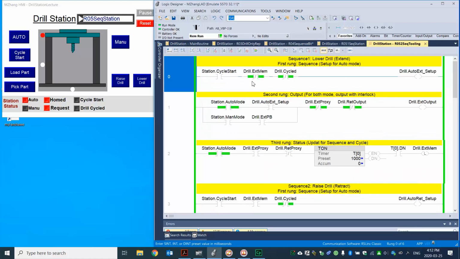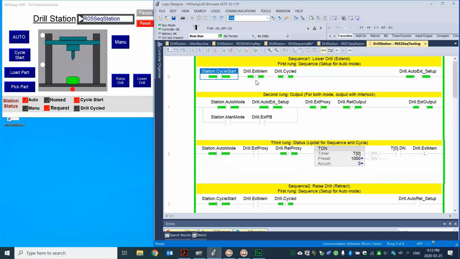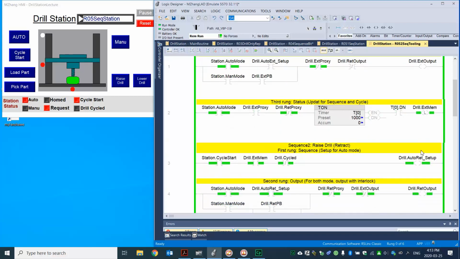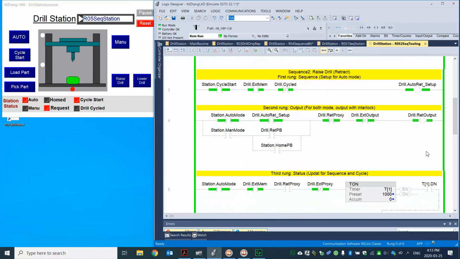And that CycleStart bit will go into the tooling. So if you look at on the tooling routine, the first one is to check CycleStart. Right? So we'll look at here. We'll trace that later on once we load the part. Now we load the part. It's on. We have a CycleStart. Now you can see here, CycleStart is on. Memory bit is not on. We have this memory bit. It's here. Right now it's on the retract output. It's going up